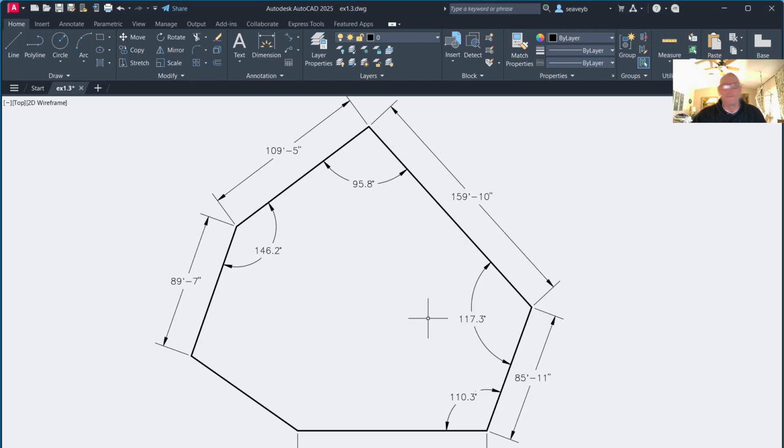All right, today we're going to draw this one now. This is just a shape boundary of a property, perhaps. So it has units of feet and inches, which we'll have to change as well. The first thing we need to do, though, when you start a new drawing is to add the limits command